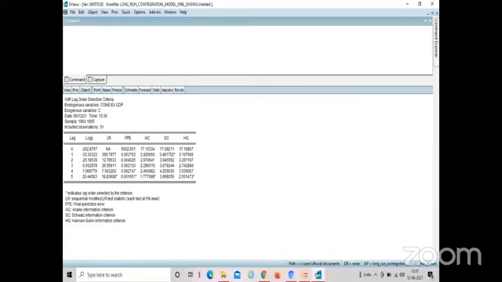In VAR, never ever increase beyond 2 lags. Is it clear? Never ever increase beyond 2 lags. Otherwise, your R square will become inflated. Most of the time you get R square 0.99, something like that. So never ever in VAR go beyond more than 2 lags. Is it clear? Please write it down somewhere.